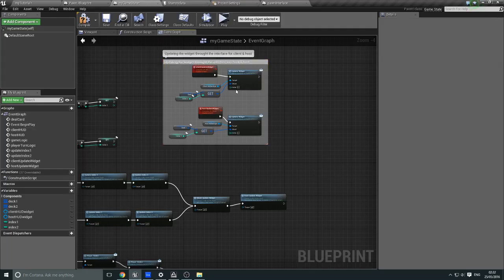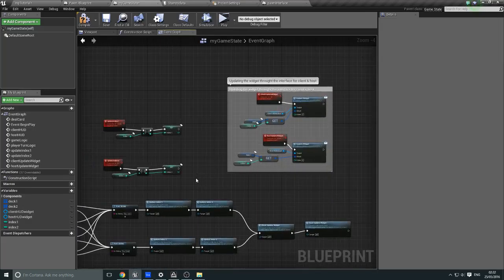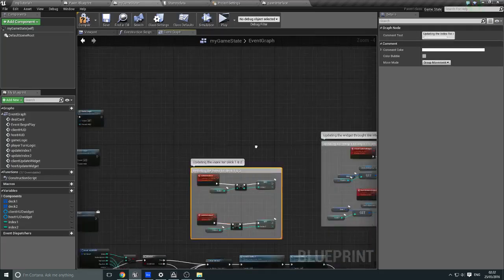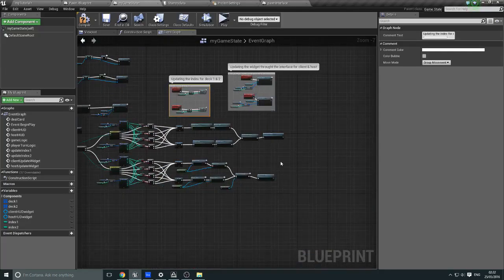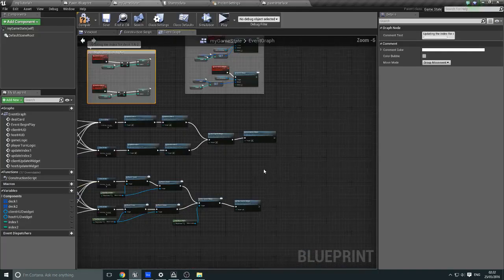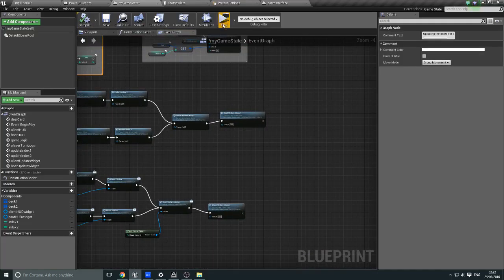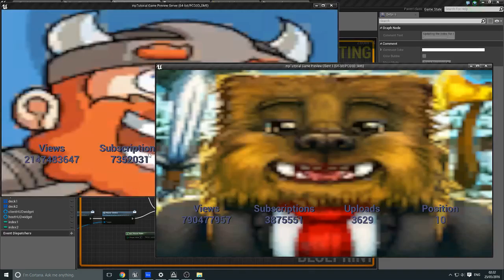Okay, and that was just a case of drawing around there, pressing the C key, updating the index for deck 1 and 2. Alright, so really we should go around and go back and comment on these, which I will do after the tutorial. So I'll compile this, and I'm going to play it, and we know that this one